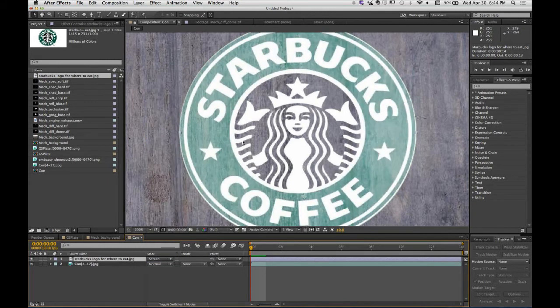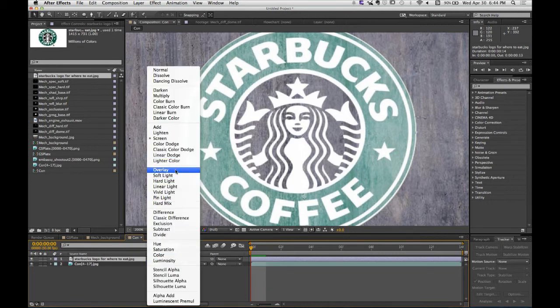Screen is a great way to instantly get rid of all the dark values inside of your shot. You can see that the black area on the interior of my Starbucks logo has been completely made transparent, as is a lot of the information on that middle gray, because gray obviously has a lot of black in there. And any value that is below 50% gray is going to be made transparent based on its grayscale rate. So these two categories in here are really going to start to affect the brightness and transparency